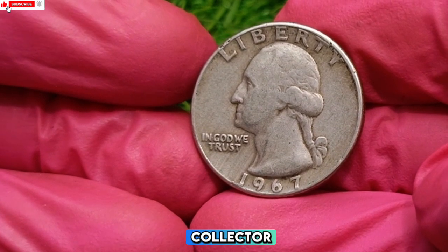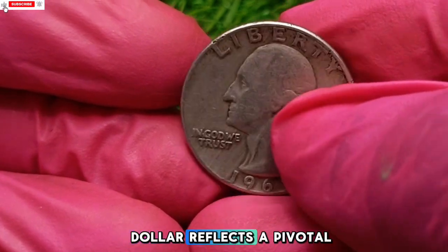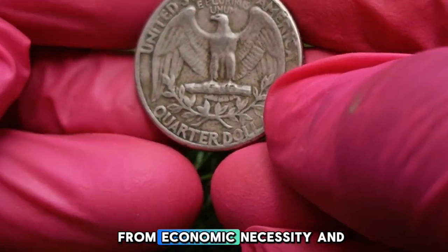Conclusion. Whether you're a collector, historian, or casual observer, the 1967 U.S. quarter reflects a pivotal era in American coinage, an iconic coin born from economic necessity and lasting innovation. Next up,